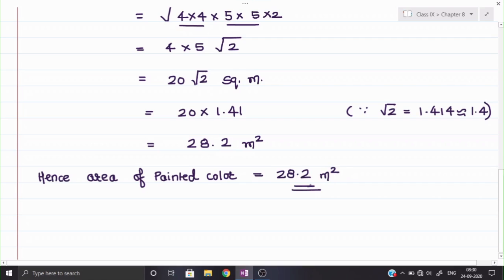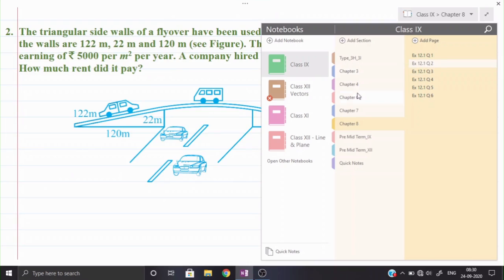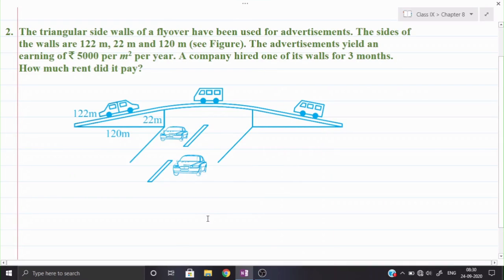Okay, so now let us see the first question, or we will do the second question also, because in the second question also we need to apply Heron's formula again. Actually in the first question also we need to apply it, but the first question is a little bit theoretical. So before that we will solve the second question and then go to the first question. In the notebook you write down the questions in proper sequence, don't start from the third. Just for your understanding and comfort, I am solving first the question which can be clear to you.